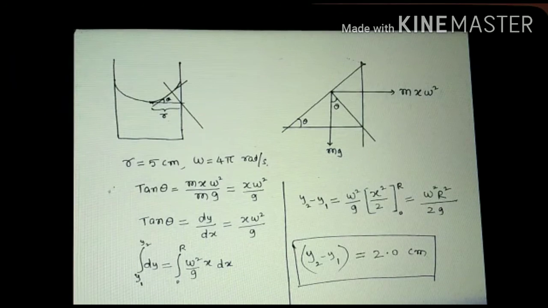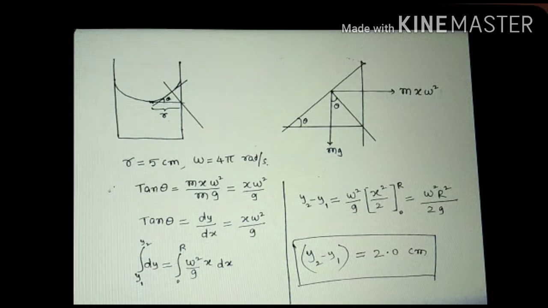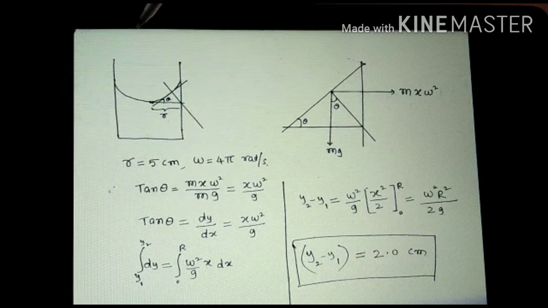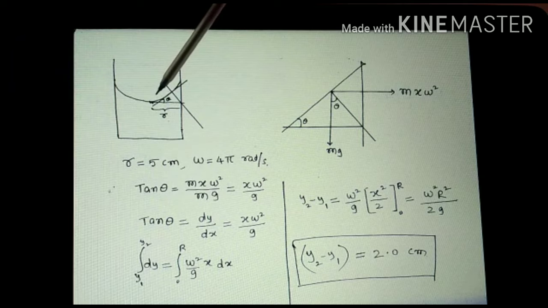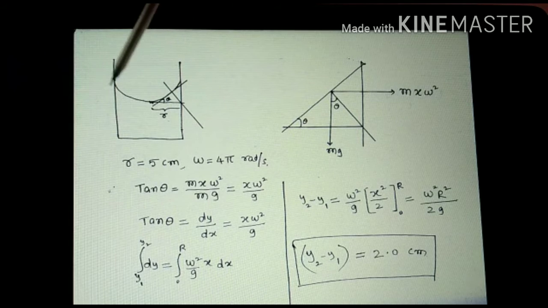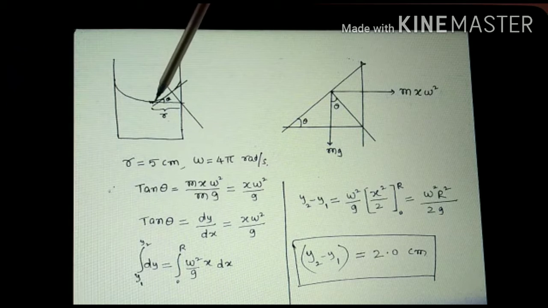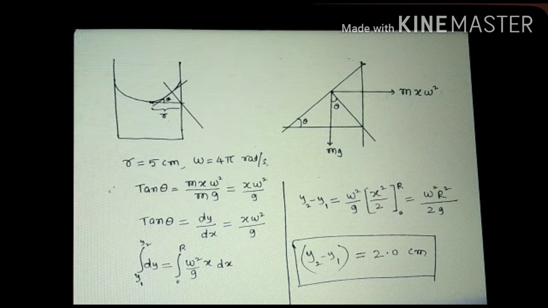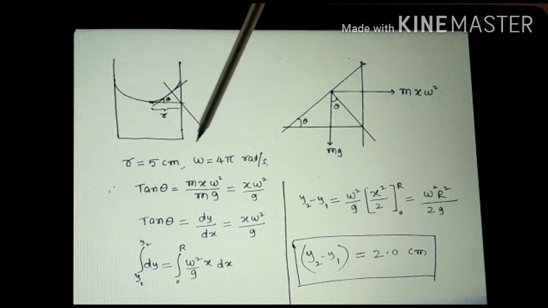See the figure. Now you will understand very clearly. Here on the left side, one glass is there. When it is rotating, what happens? The water near the surface of the vessel rises. Center is in the middle of this glass. So from the center, how much water has risen we have to calculate. That is the given question. And first, information given, I am writing r equal to 5 centimeter, omega equal to 4 pi radians per second.